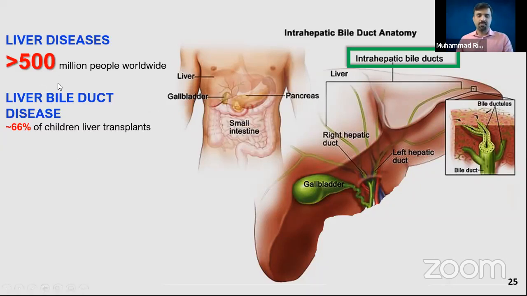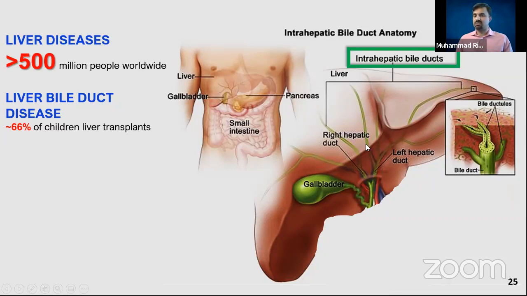So, moving towards liver. Liver is another tissue that really affects the quality of life. More than 500 million people are affected by liver diseases. Just to remind you about the anatomy, the liver is made up of many different cell types, but for the purpose of today's talk, there are two really important cell types. One is this red one called the hepatocytes. You don't need to remember that, but I want you to focus on these green tubular structures in the liver. These are called bile ducts.